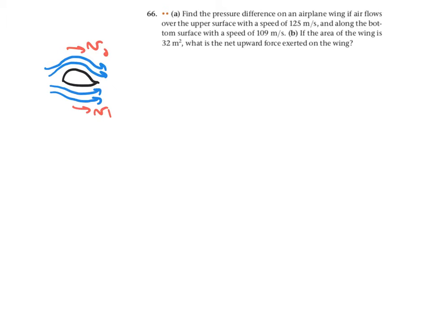Here we're going to use Bernoulli's equation: the pressure at one place plus a half times rho times V1 squared of that place, plus a height term, is equal to pressure 2 plus 1/2 rho V2 squared. And because they give us no information about the depth of the wing, I'm going to assume it's small enough that there's no contribution from the rho g h term. So hopefully that's true. And then we want the pressure difference